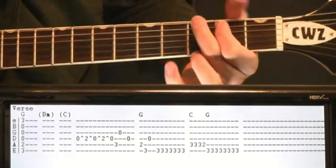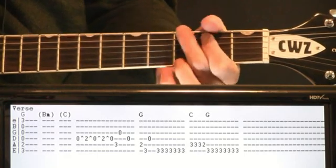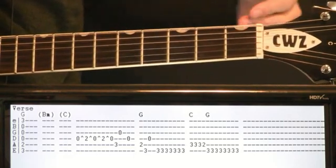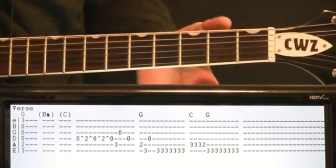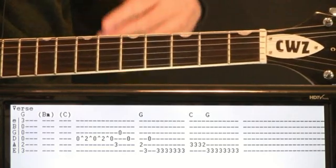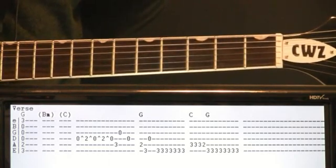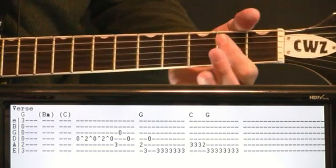Verse section, we'll hit a G chord, just let it ring for a measure. Technically, the guitar just holds that G chord, but the bass will continue this progression going to a B minor, so you can throw that B minor chord in if you like, to a C chord. It's up to you, but technically the recorded guitar just holds that G throughout those little progressions, and it'll do this little bit of a scaling in that C, something like this where we do a hammer-on, pull-off,